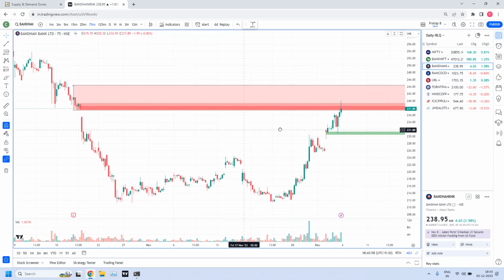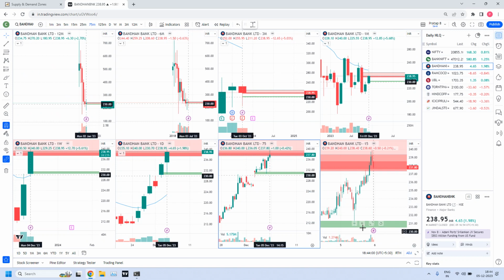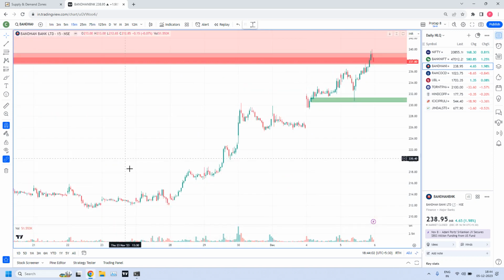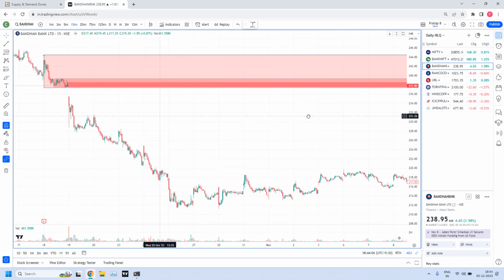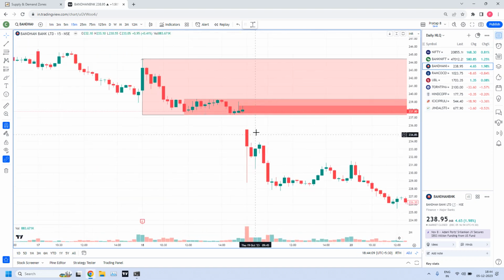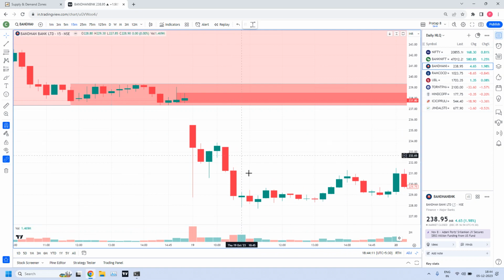So let me show you. Let us get into the 15 minutes time frame. This is the 15 minutes time frame. So here we have a drop and a base candles and then drop. And actually this is looking like an ERC candle. That way also you can say this is the leg in. You have a base and then drop. This is the 15 minutes. So what I did, because this zone is not very clear,